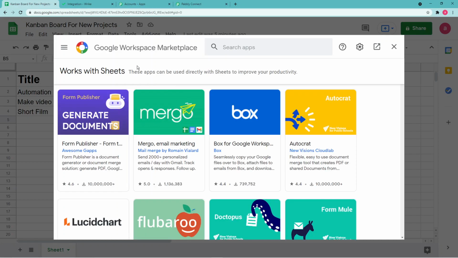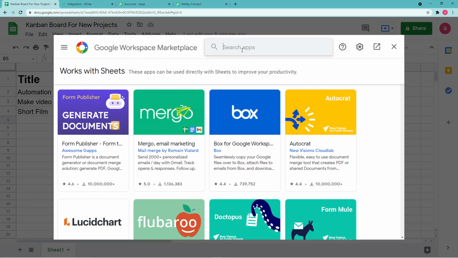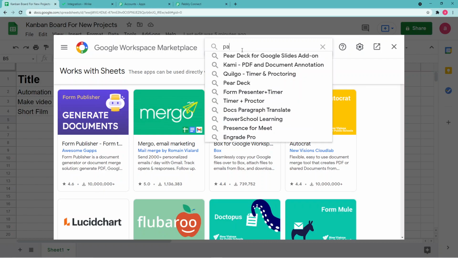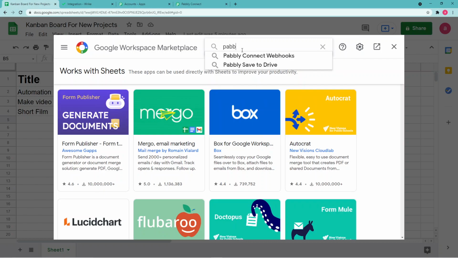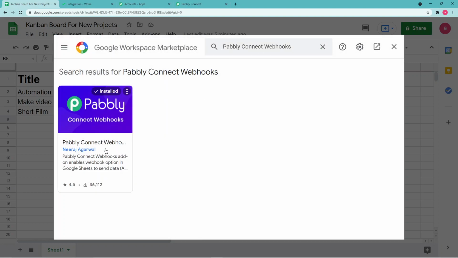So when you click get add-ons, this type of window will open, which is called Google Workspace Marketplace. Here you have to search for Pabbly Connect webhooks. So as you see, this type of application will open.